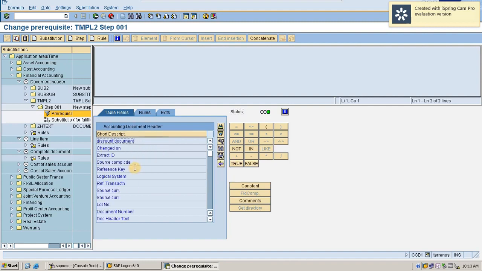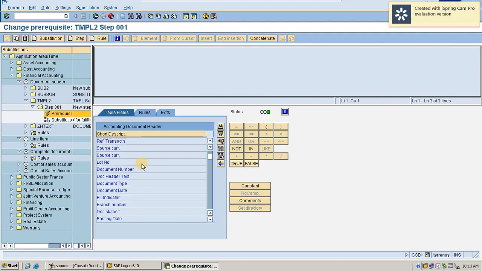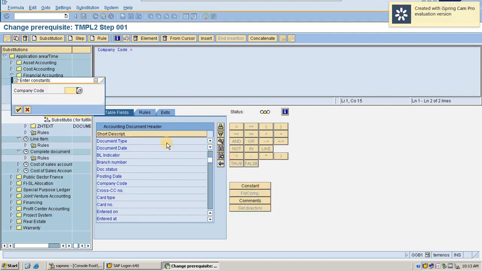The important field I require is the company code, because I am going to validate based on my company code. So I selected company code equal to the constant value, as we selected before. TMPL is my company code,